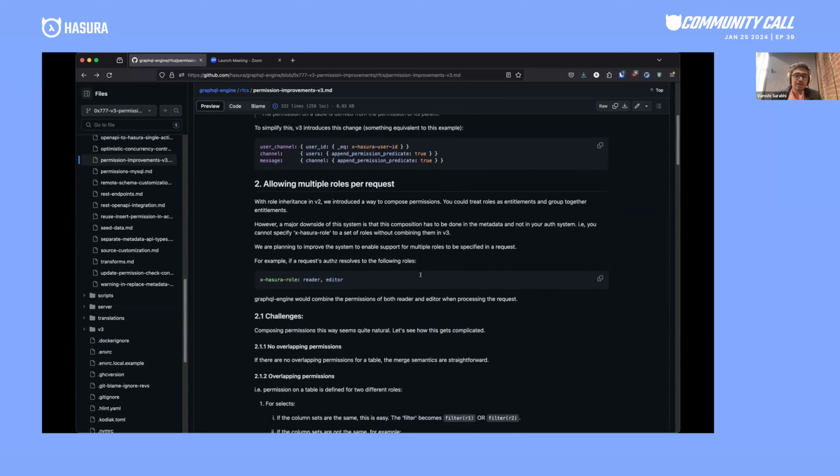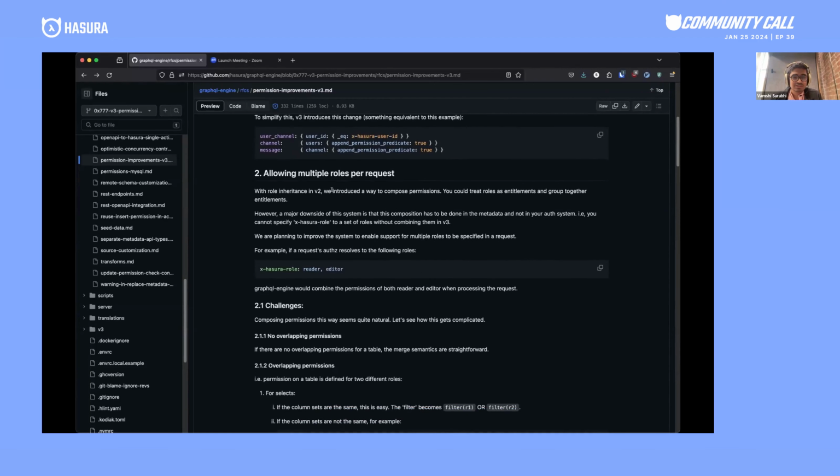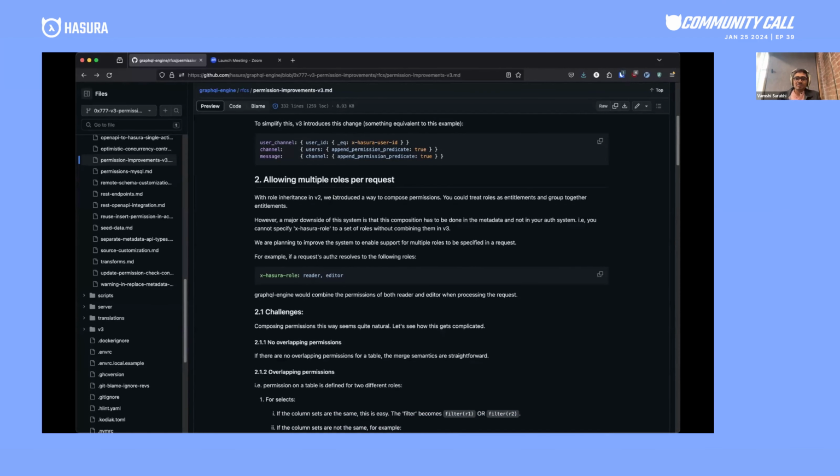So that's one thing. And the next item is allowing multiple roles per request. This has been an ask since the GraphQL engine was open sourced. Essentially, allowing multiple roles per request is a way to compose permissions. And what we've done in V2 is that we introduced a concept of inherited roles or role inheritance to compose permissions,